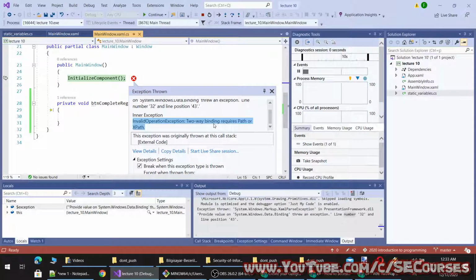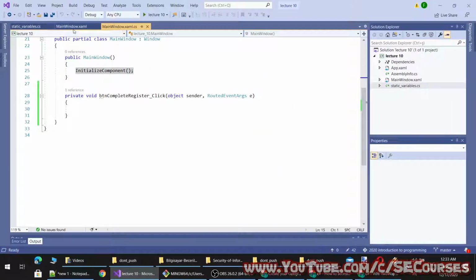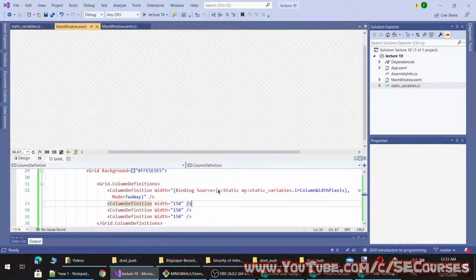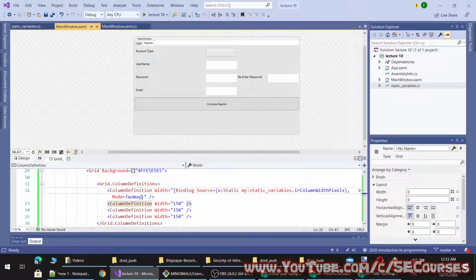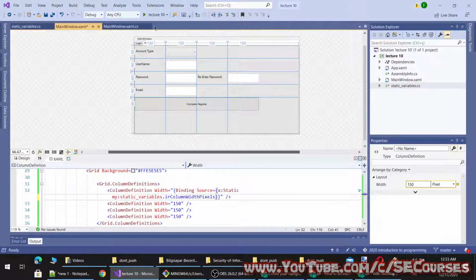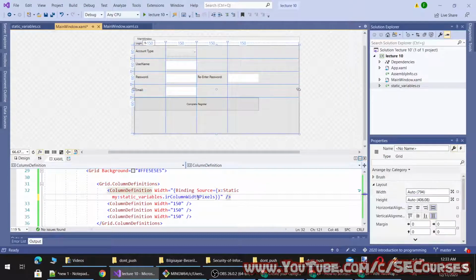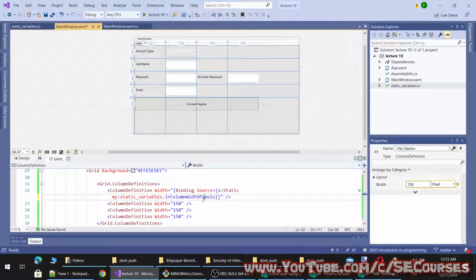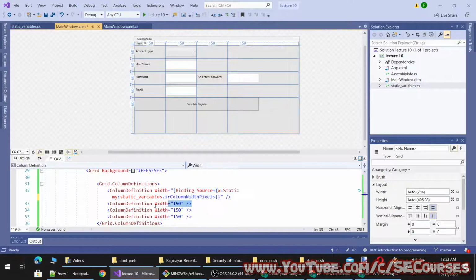Okay, it says two-way binding requires Path or XPath. So this is not a two-way binding, and okay, I see. So with one-way binding, I think we have made it work. Let's make it like this for all.